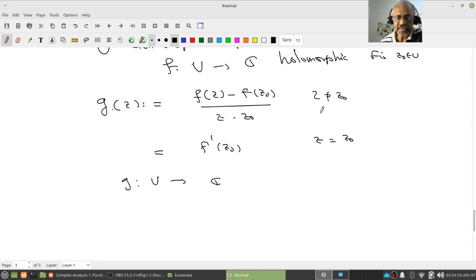It's not vanishing on the complement of z naught, right? Complement of z naught, that is U minus z naught, that's also open anyway. So this is a product of continuous functions. This is continuous on U minus z naught. So I want to worry about whether it is continuous at z naught, but the limit as z goes to z naught of g of z exists. And what is the limit? It is f dash z naught. Therefore what is the value of g at z naught? f dash z naught. Therefore g is continuous,